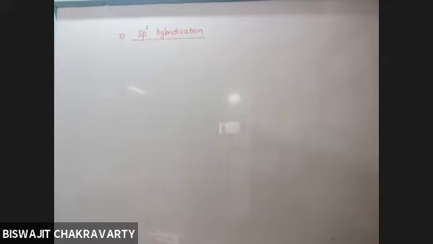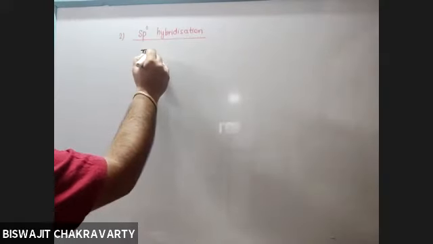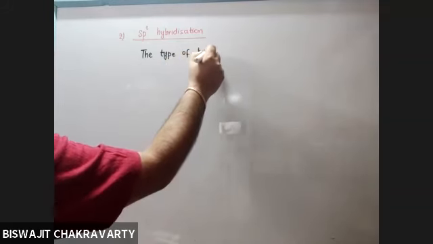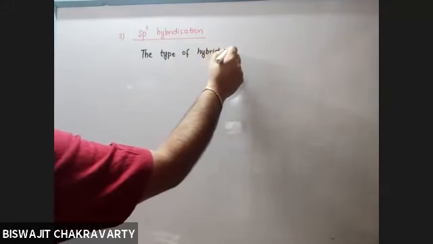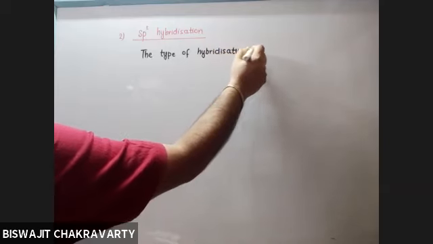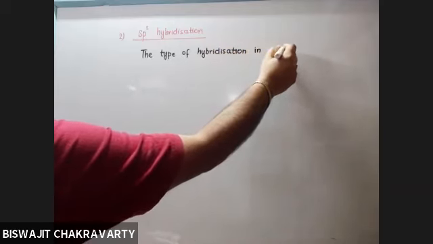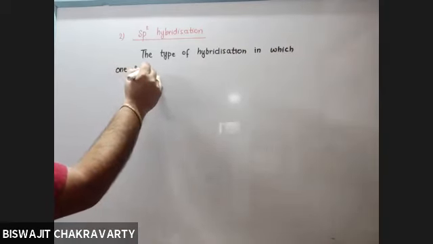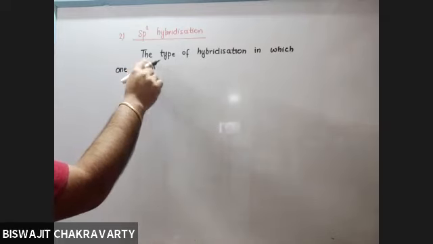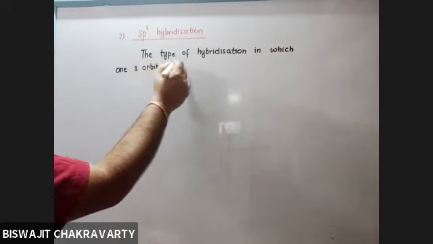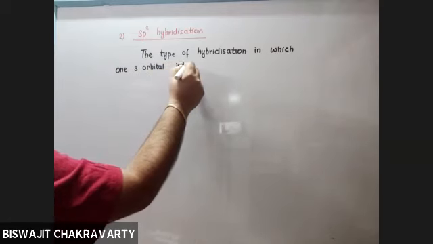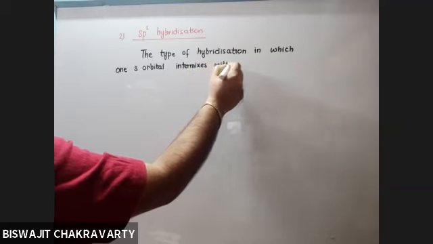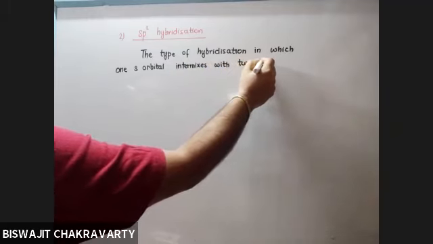Okay, so the type of hybridization in which one s orbital intermixes with two of the p orbitals